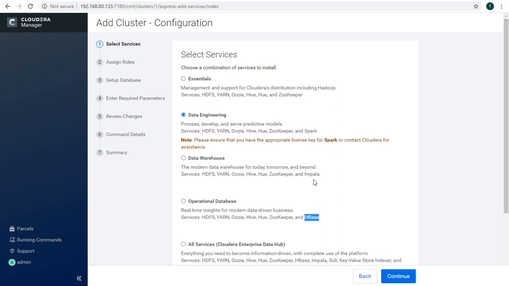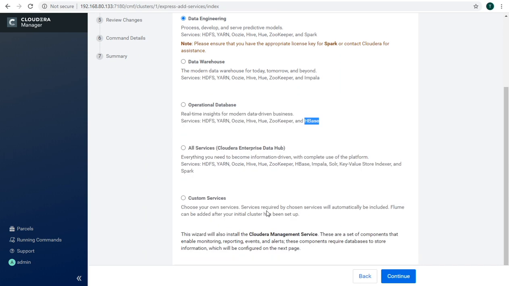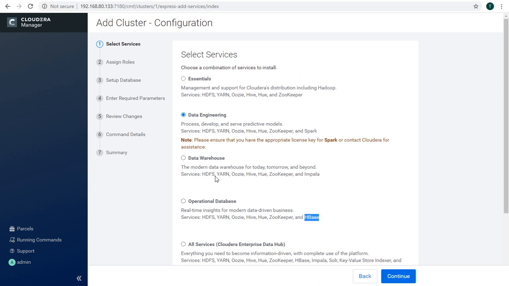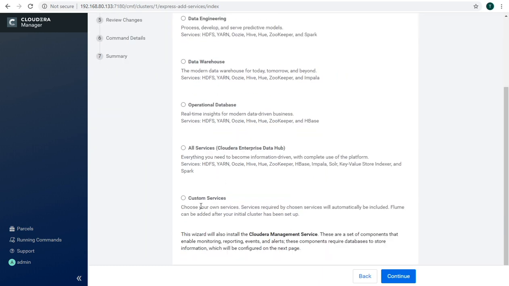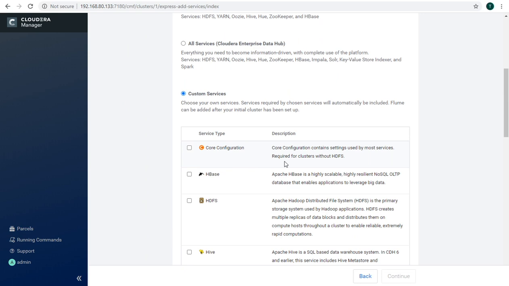Then for Operational Database, we have HBase instead of Impala. And then we have All Services, and a Custom Services option to select whichever services are required. So right now we will go from the simplest one. We will choose the custom service here.